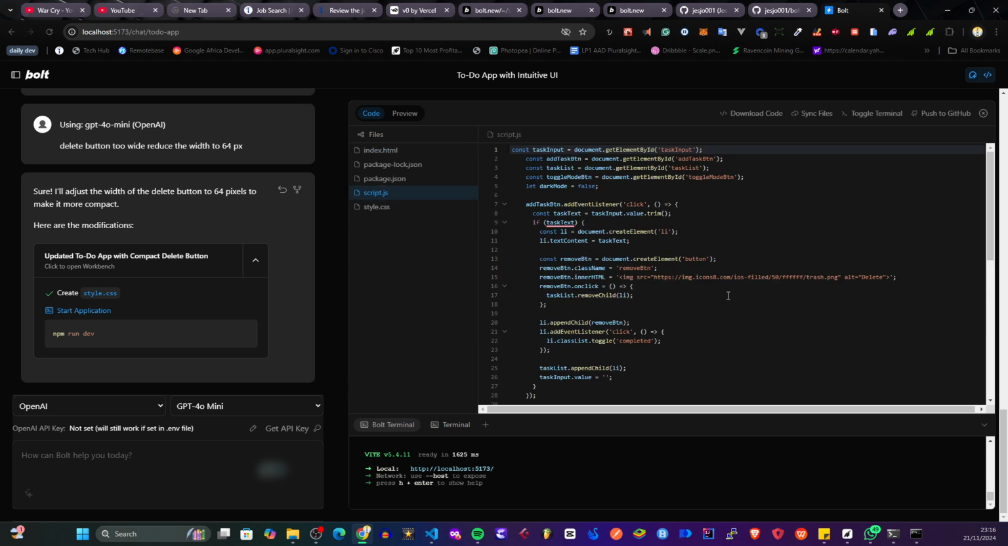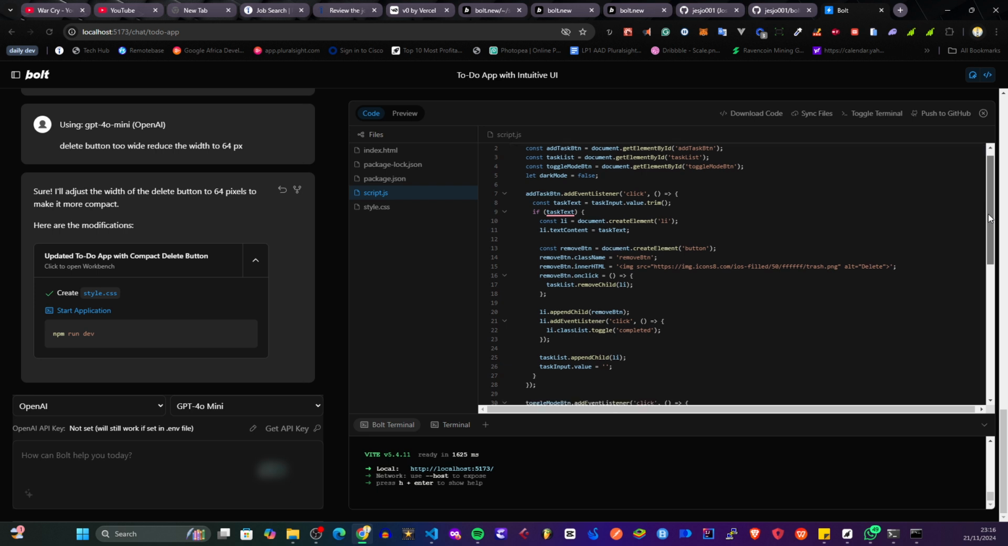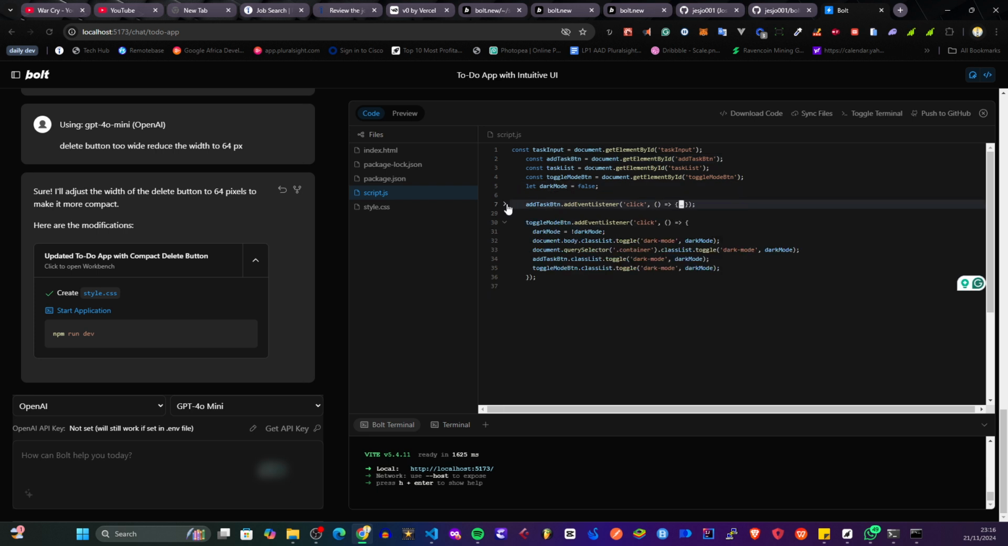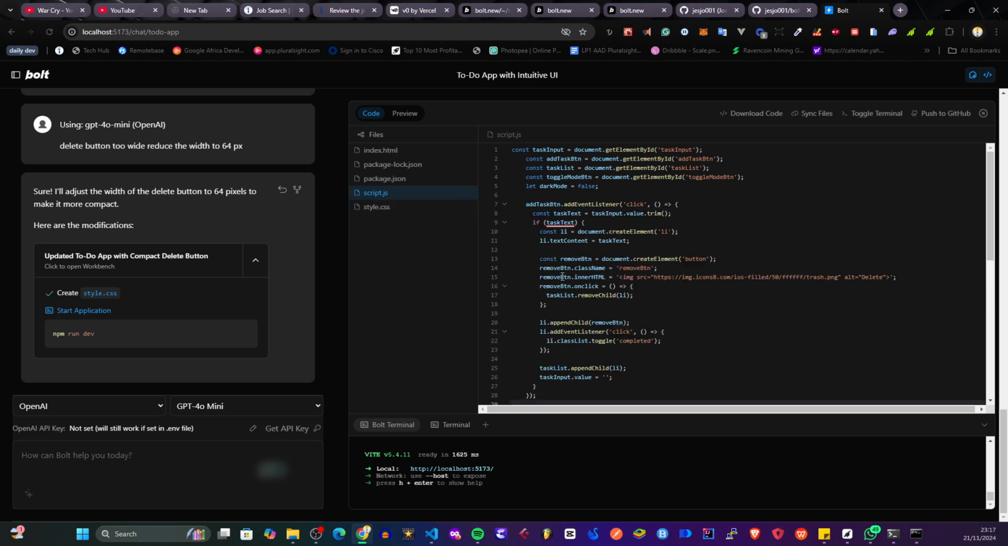I think it is in the JS file. You can see it there. Let's look for the delete button. Task list, toggle mode, add task button, dark mode, add to-do, toggle mode. So let's check in the add to-do. We should see the button. This is the button here. Image icons. So it's using a link. So probably the link is not